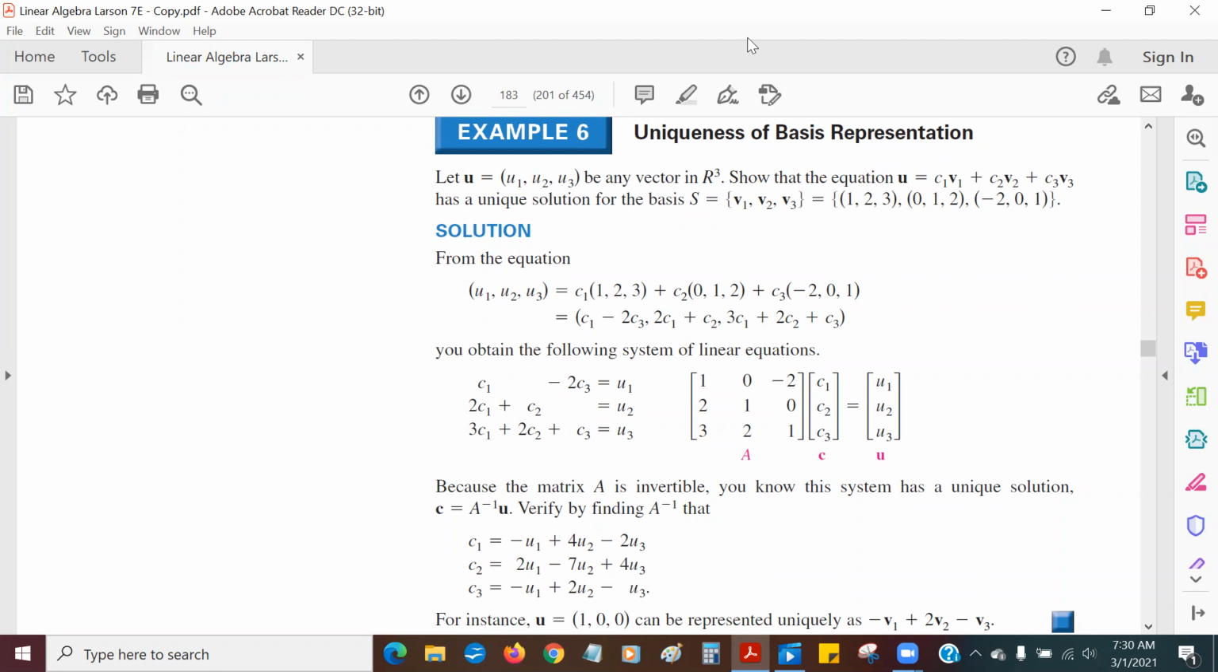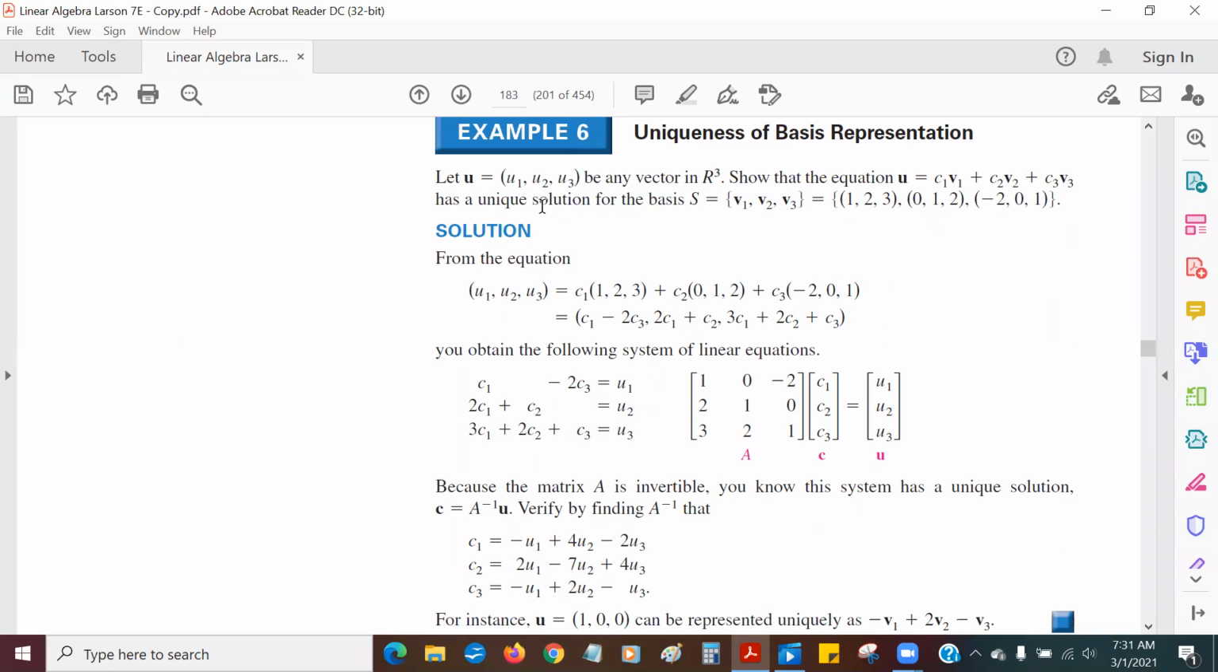Here's an example of this uniqueness thing that we just learned about, the uniqueness theorem. So let U be a vector in R3. The components are U1, U2, U3. Now this big bold U is a vector. These three little ones, U1, U2, U3, are scalars. Those are just plain real numbers. And show that the equation U is equal to C1 V1 plus C2 V2 plus C3 V3